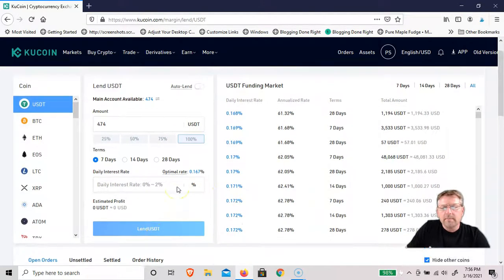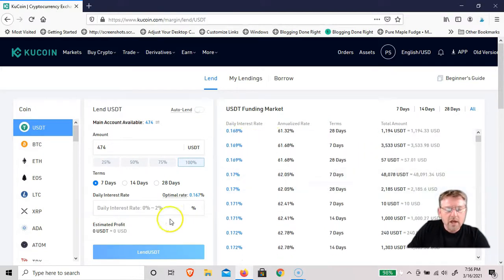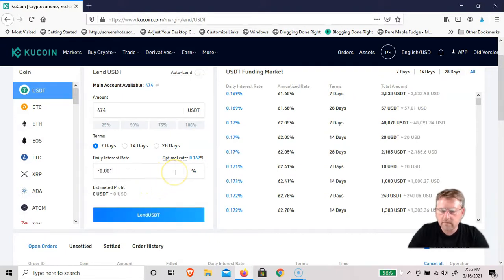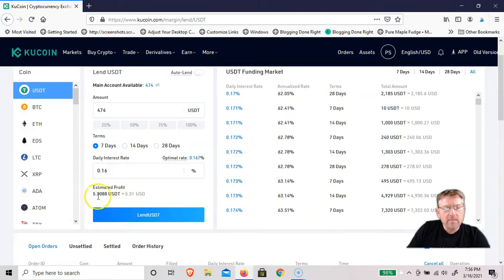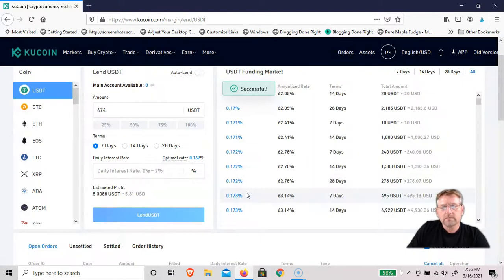And so if we look, right now 0.167 is the high rate. So if we want to make sure that our loan gets filled first, we'll put in 0.16, and that'll be an estimated profit of $5, over 10% just in 1 week. So just click lend, confirm,